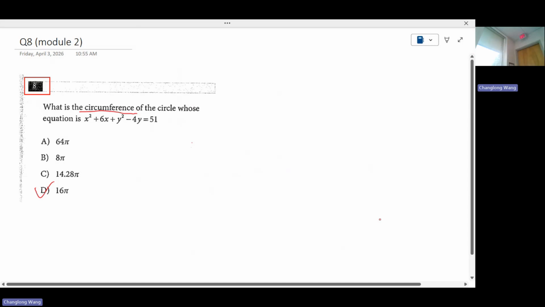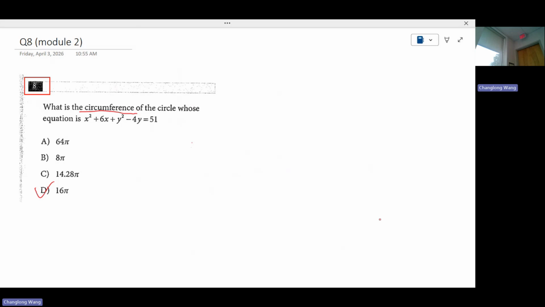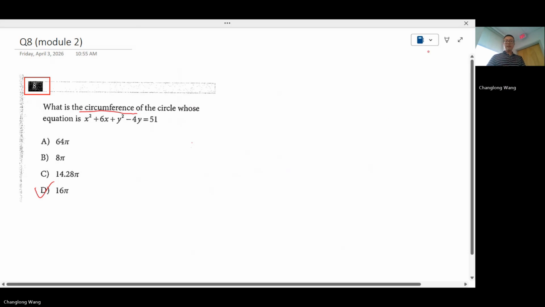But what concerns me in the first place is that all the options are kind of nice numbers except for letter C. So I was wondering, if they decide to give you some ugly numbers, then later on the number on the other side is not a perfect square, right? So you get some decimals. That makes it a little bit harder for you to read off the radius from decimals. I don't think it will be very likely, but you never know how they do that. Anyway,